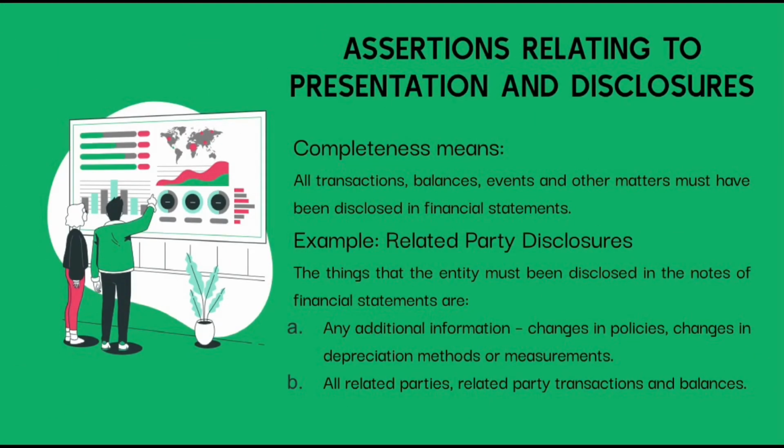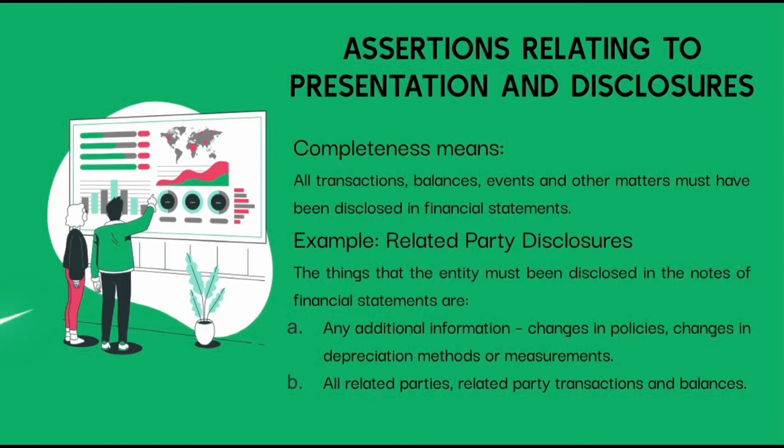Last but not least, assertion relating to presentation and disclosures. Completeness means all transactions, balances, events, and other matters must have been disclosed in financial statements. For example, related party disclosures. The things that the entity must disclose in the notes of financial statements are: A. Any additional information, changes in policy, changes in depreciation methods or measurements. B. All related parties